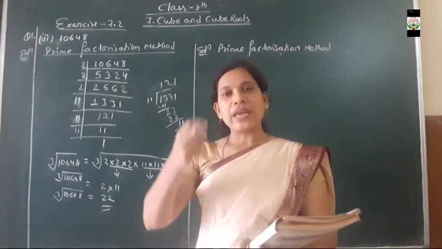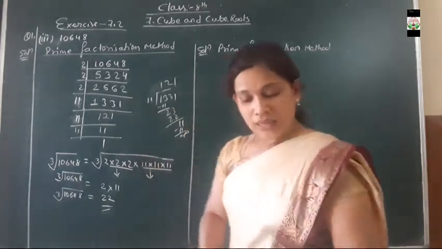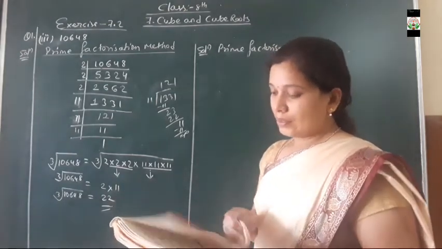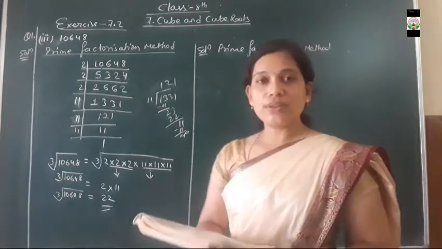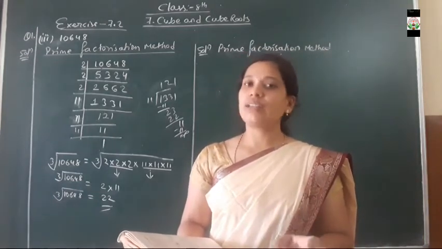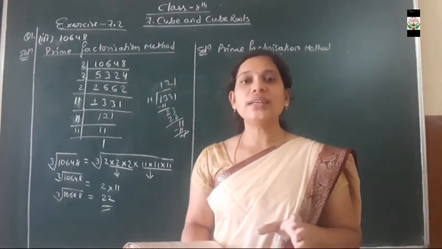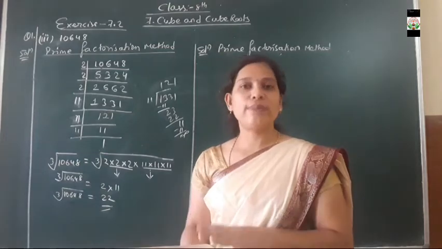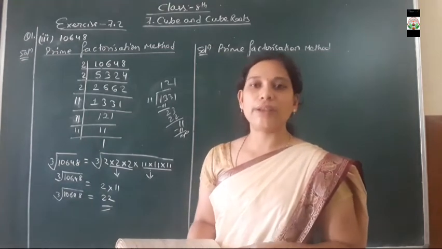doing it. Okay, and don't do it by the long division method and repeated subtraction method, because sometimes pairing of triplets and squarings are there. That causes a difference in long division and while doing this repeated subtraction method. So whatever method the question gives, prime factorization, then do it by the prime factorization method.